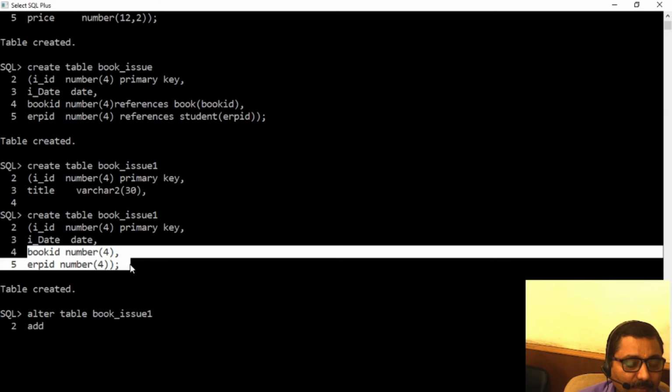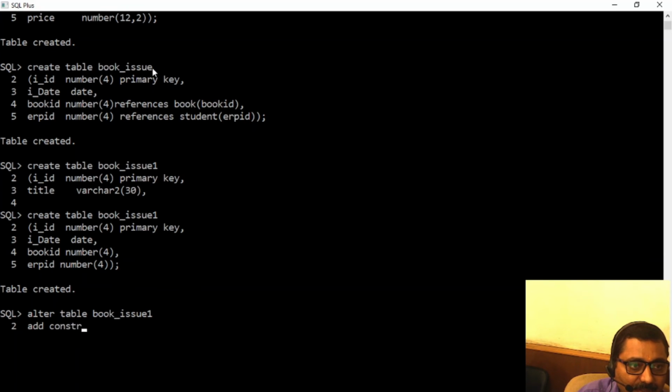It is a simple column. Now I will be adding a foreign key into it. Let's add constraint. It is fk on which table? Book table issue, name of the table.